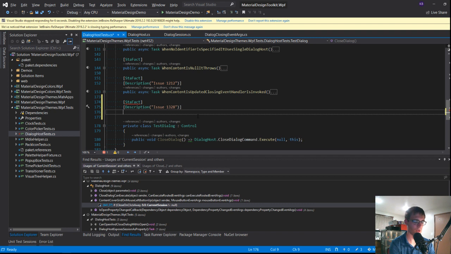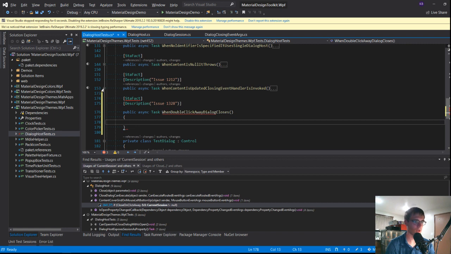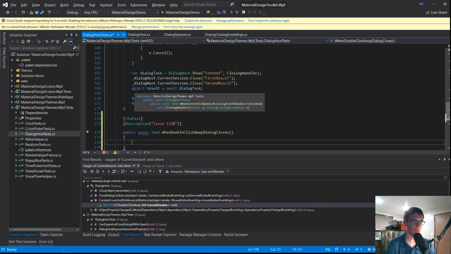So public async task when double click away, dialog closes, or something to that effect. Okay, and then